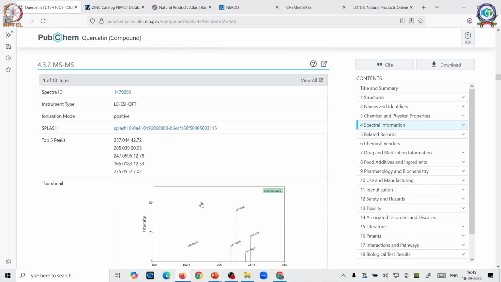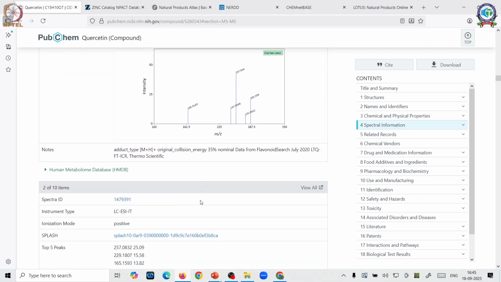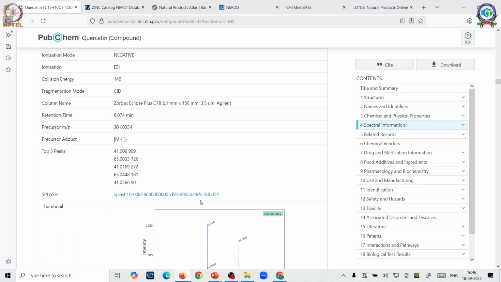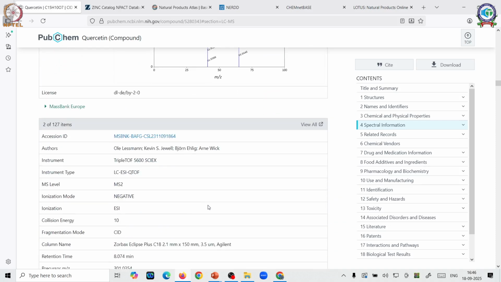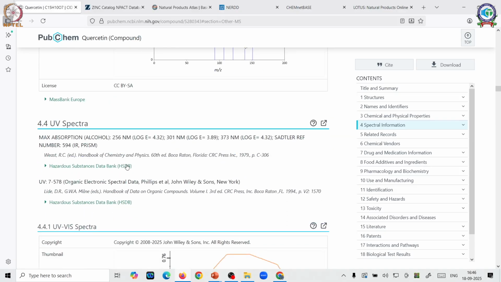This is a database, like I said, it's not just pertaining to natural products, but it's a very exhaustive database. So most of the chemical information that you require about any of these molecules, you will see it here. And not only will you see it here, it's very accurate here. So the fragmentation peaks, the UV spectra, typical flavonoids at what nanometers. So we said the flavonoids have two peaks, band 1, band 2. So you can see here the band 1 is 373, then you have a small hump here, and again you have your band 2 at 256.